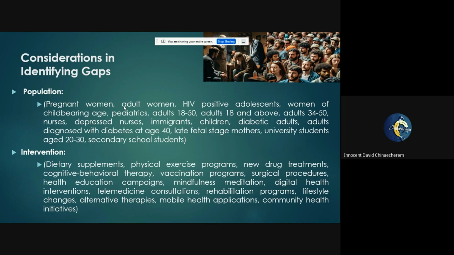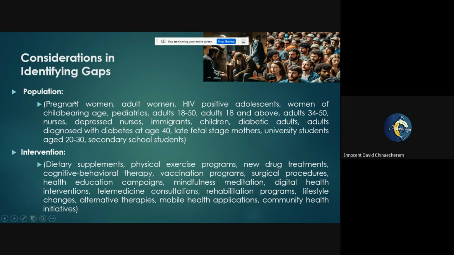Now, how do we move ahead with this? Looking at this part of the lecture, which is considerations in identifying gaps: how do we identify gaps in literature? There are several thousands of criteria that we look out for in identification of gaps. In terms of population, maybe that topic is related to pregnant women, maybe it's related to another sort of population. I can try to look at it from another view.